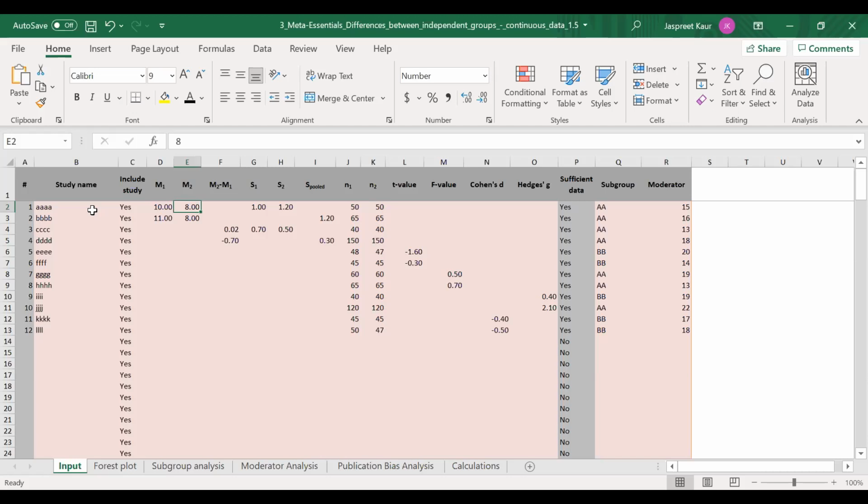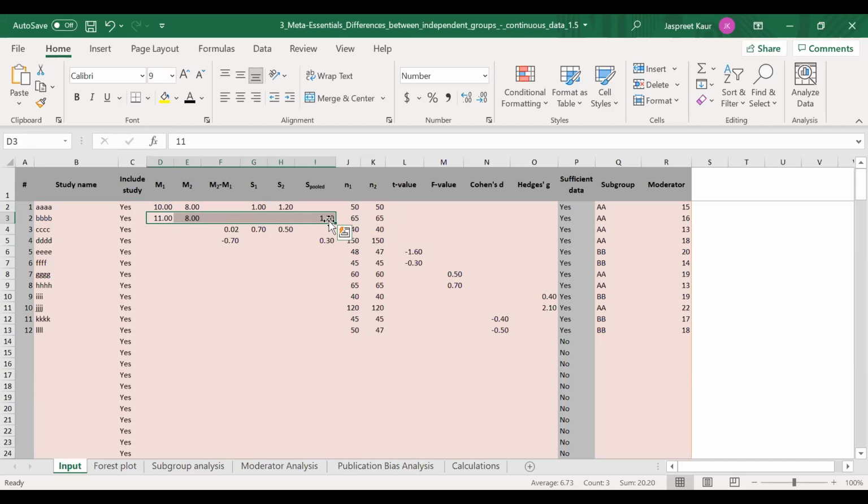So this is for the medicine students. You see in study number 1, M1, M2, S1, S2, N1, N2, standard format has been reported. But in study number 2, M1, M2 and the pooled standard deviation have been reported. If you saw the formula, from S1, S2 I can calculate the pooled standard deviation. So even if a paper gives you the pooled standard deviation, not S1, S2 separately, don't neglect it.